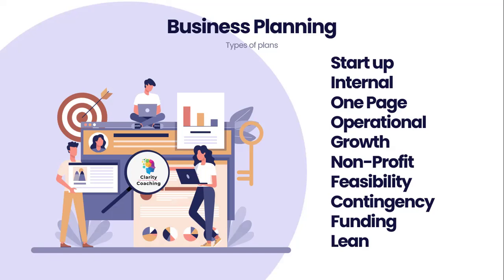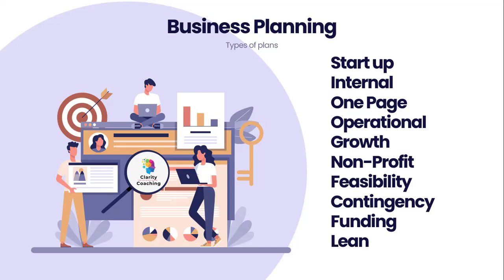The next one on here that we see is the one-page plan. So a one-page plan is very much as it says. It's really on one page, and it's a concise summary of your business. It has brief sections to it that mainly focus on the vision and the mission for the business. What's the strategy of the business, and what action are you going to take to make that business happen?